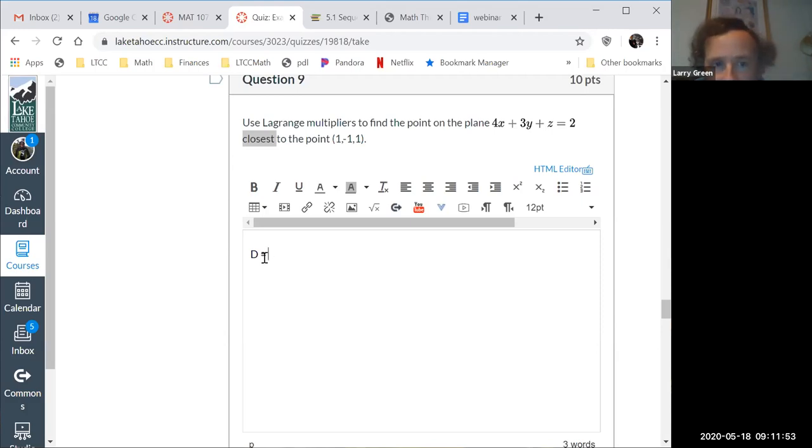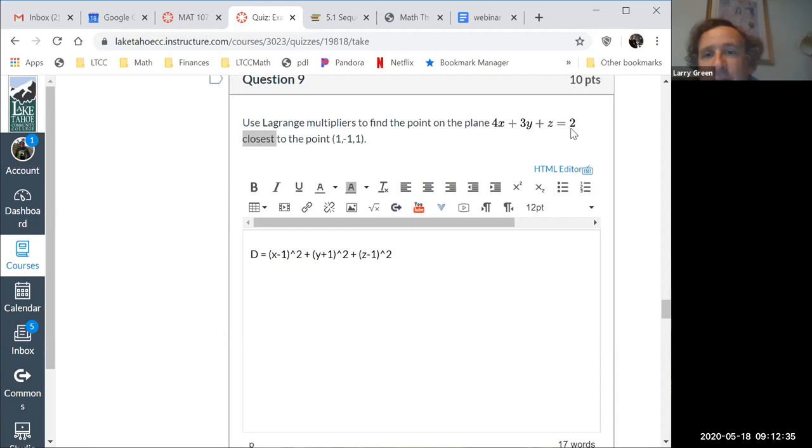the x minus 1 squared, because we're from the point (1, -1, 1), plus y plus 1 squared, and then plus z minus 1 squared, because that'll be the distance from a point to (1, -1, 1). Okay. So now what we do is we take the gradient of our D function and we set that equal